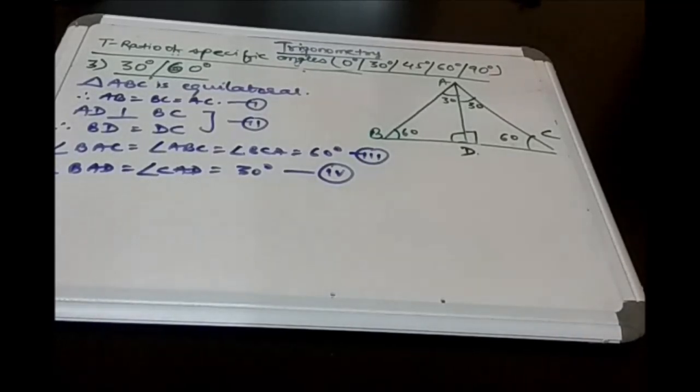Now we will be deriving the value of trigonometric ratios for 30 degrees and 60 degrees. This question has already been asked in the board examination earlier. They will give you some specific trigonometric ratio. Suppose derive the value of sine 60 degrees or cos 30 degrees, like that. So for this, first of all, we will have to make a